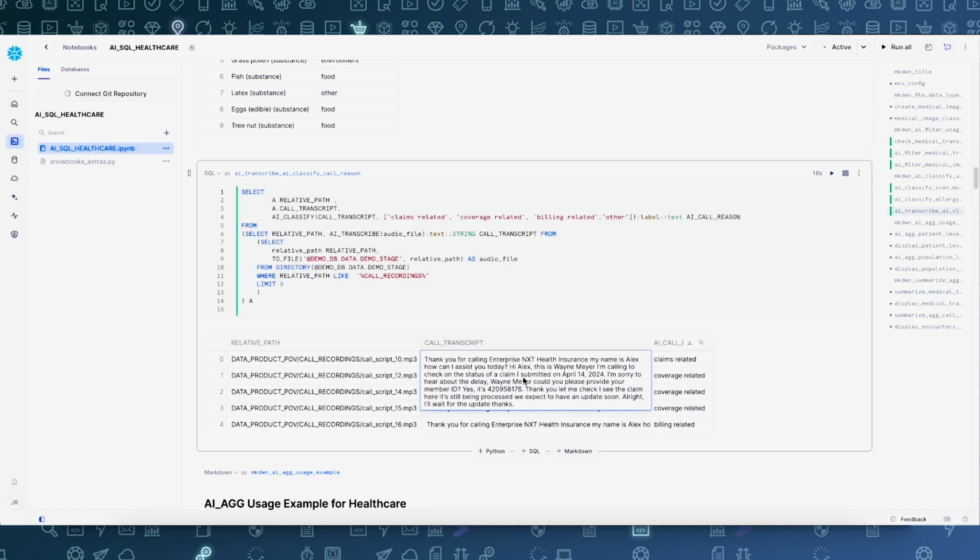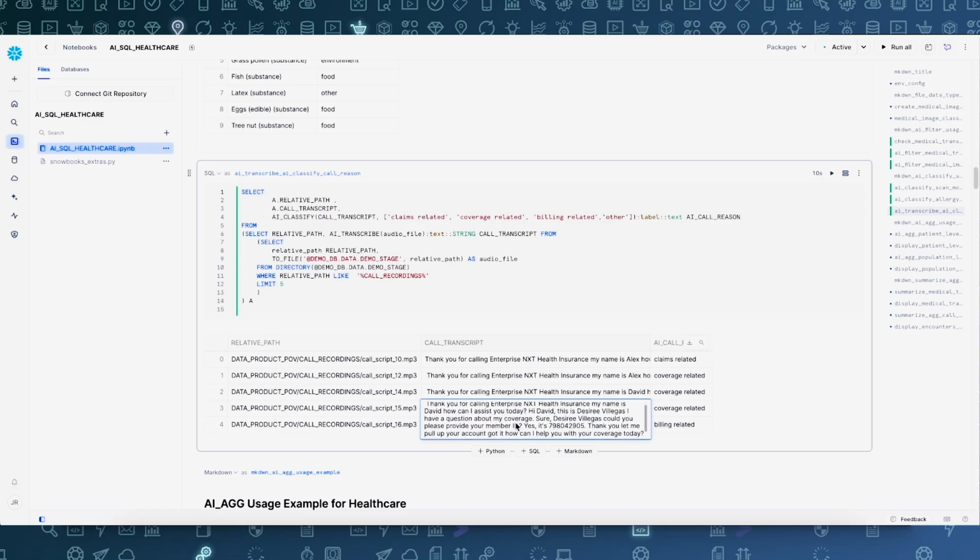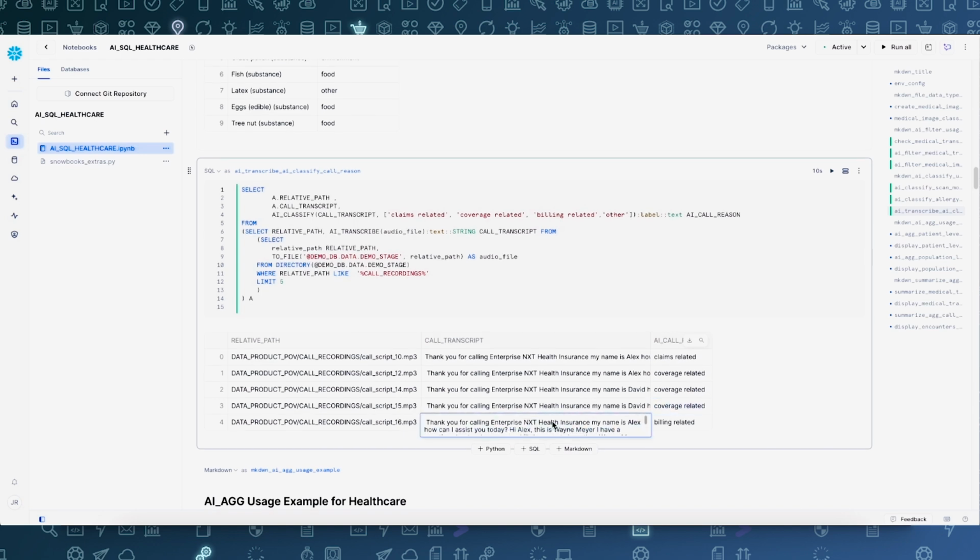Yes, the user is asking regarding a status of the claim, so the classification is spot on. I'm not going to open each of them. Let's take this one. The conversation is exactly about coverage information. Coverage related is the right category. The last one here, yes, the user is talking about a charge on their specific bill and it is billing